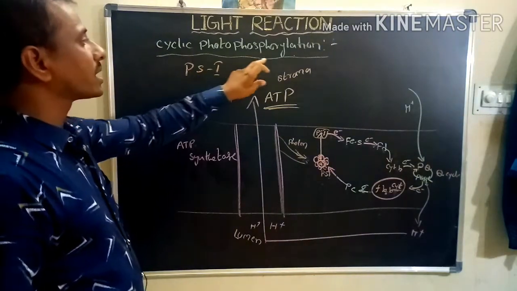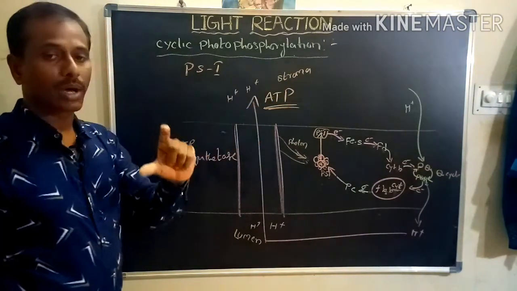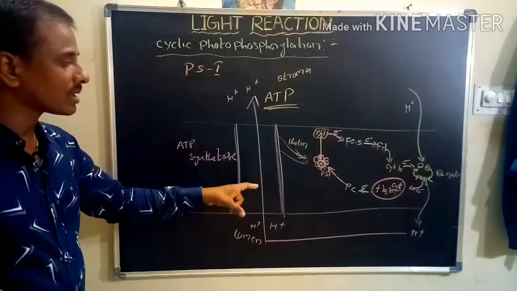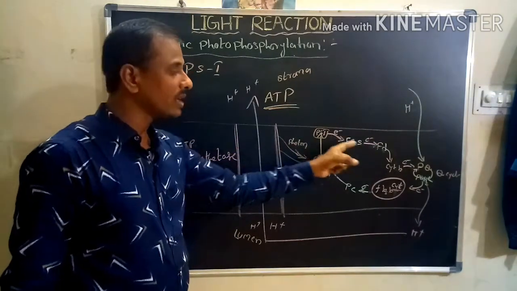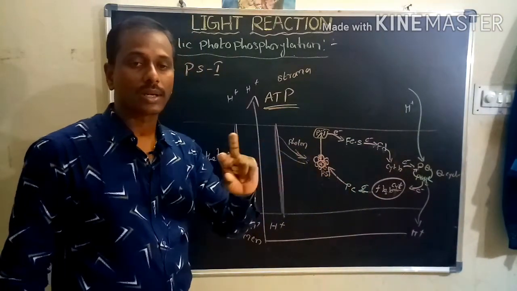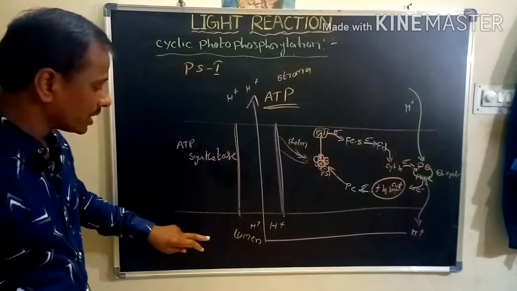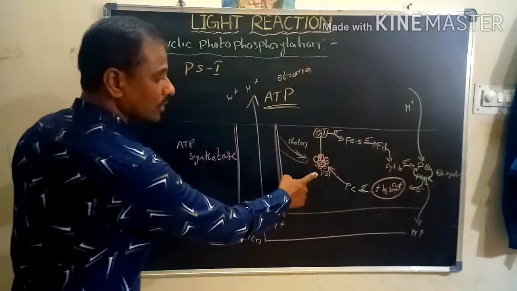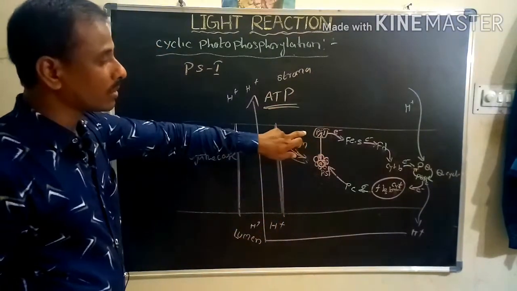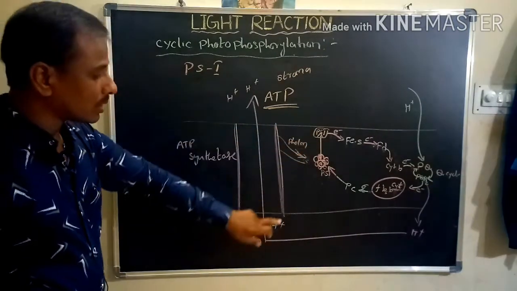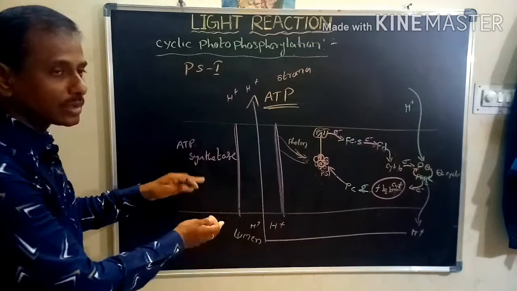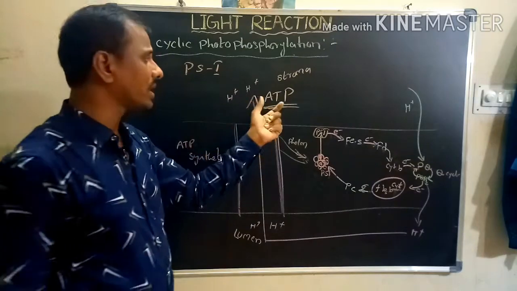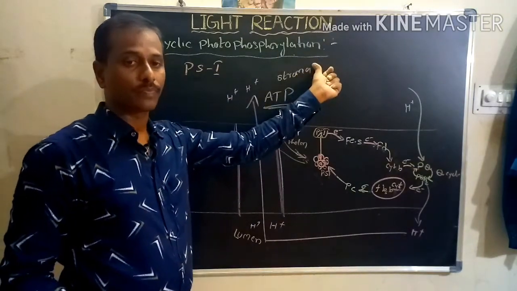So here in cyclic photophosphorylation, the ATP molecule is synthesized. Okay, so what is the difference between cyclic and non-cyclic? In cyclic, only one photosystem participates. In non-cyclic, two photosystems participate. Here there is no splitting of water. Photolysis of water is completely absent because the photosystem is located outside, near the membrane. Here PS2 is located near the lumen, so that it can split the water molecule. So only the ATP molecule is synthesized in cyclic photophosphorylation.